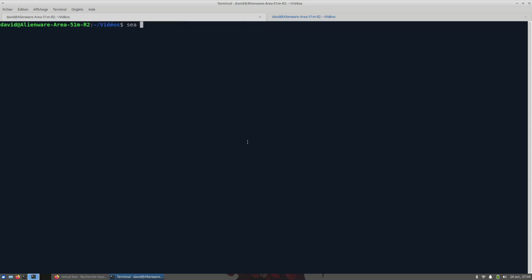For example, you can use seq. Seq stands for sequence. You just enter seq 1 100, and there we go. You have another way to do that. Instead of using the command seq, you can use, for example,